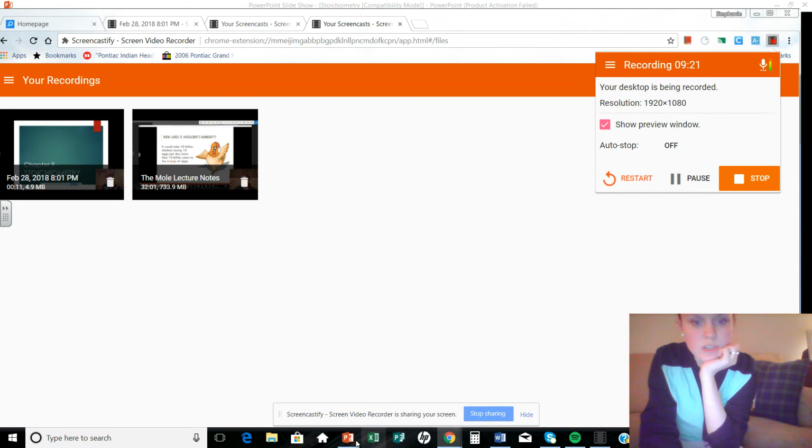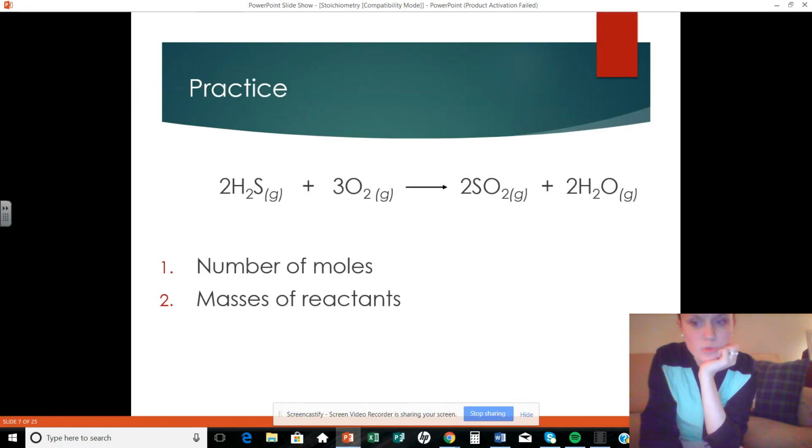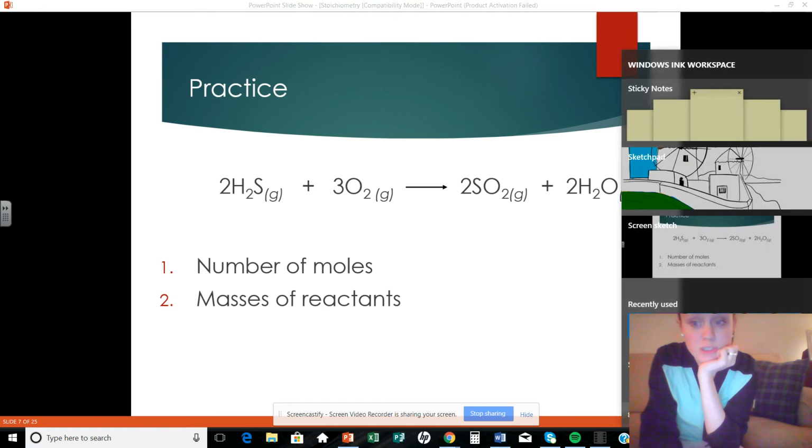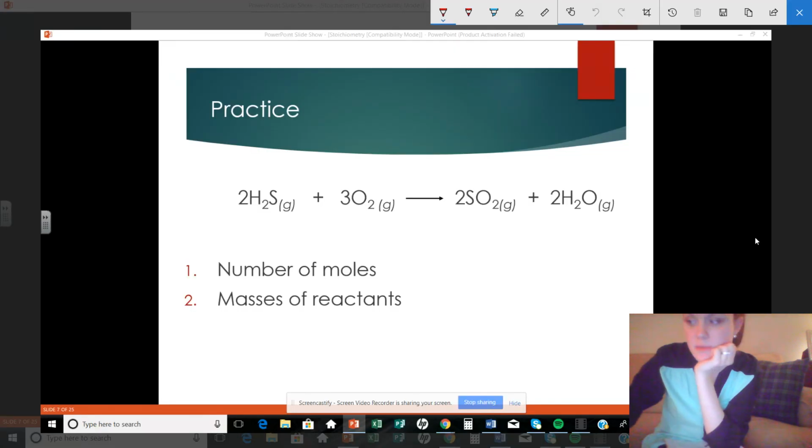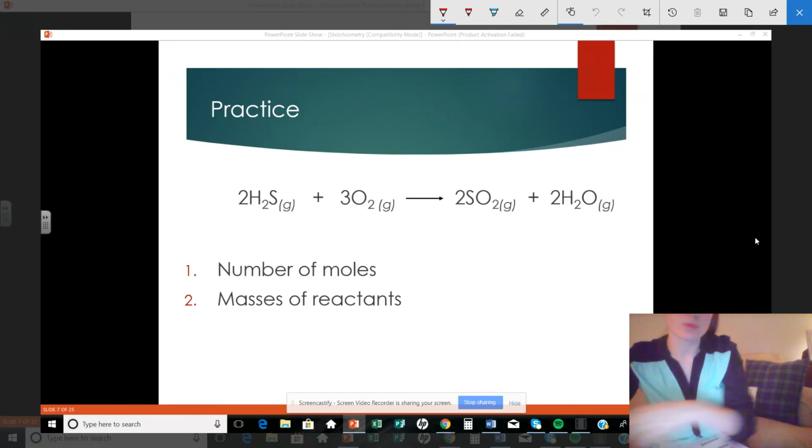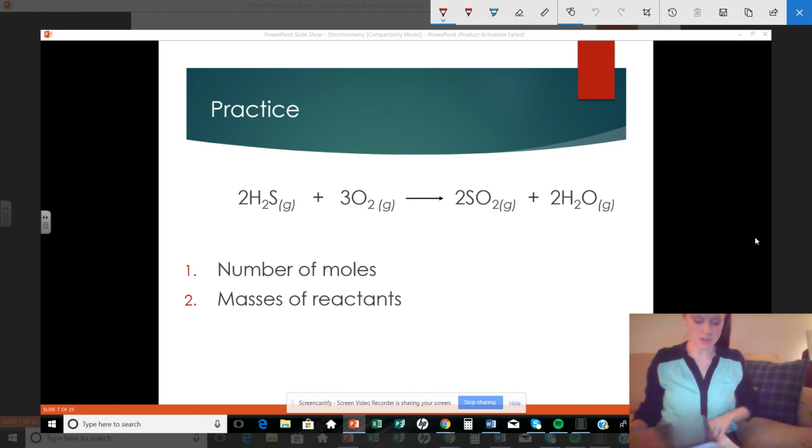All right, so you guys should have had time now to go through and interpret this chemical equation by the number of moles and by the masses of reactants. So if we were to go through together now and go over the answer to both of those. First, let's do our number of moles. So if we would interpret this by number of moles, it would read out as